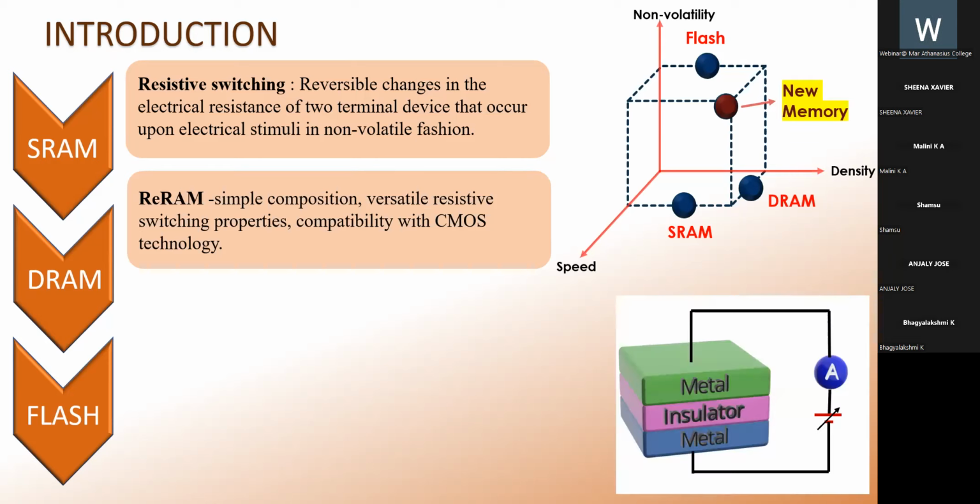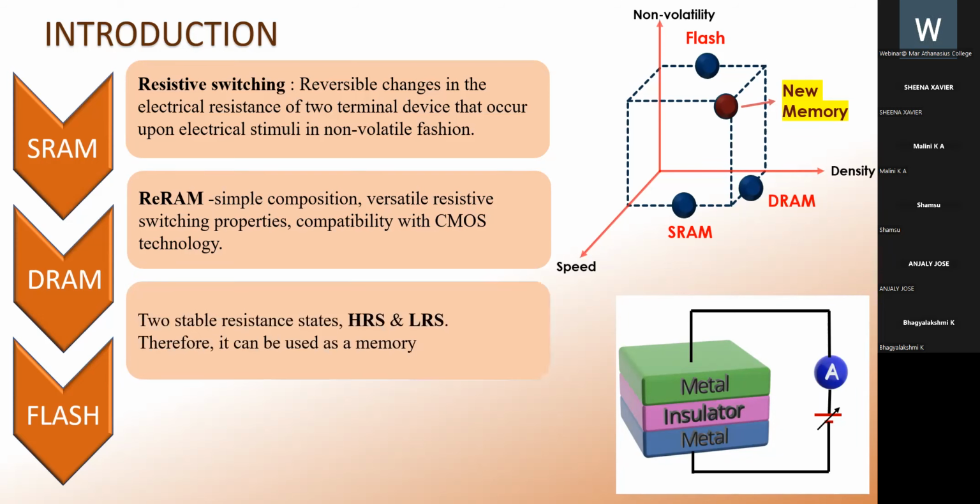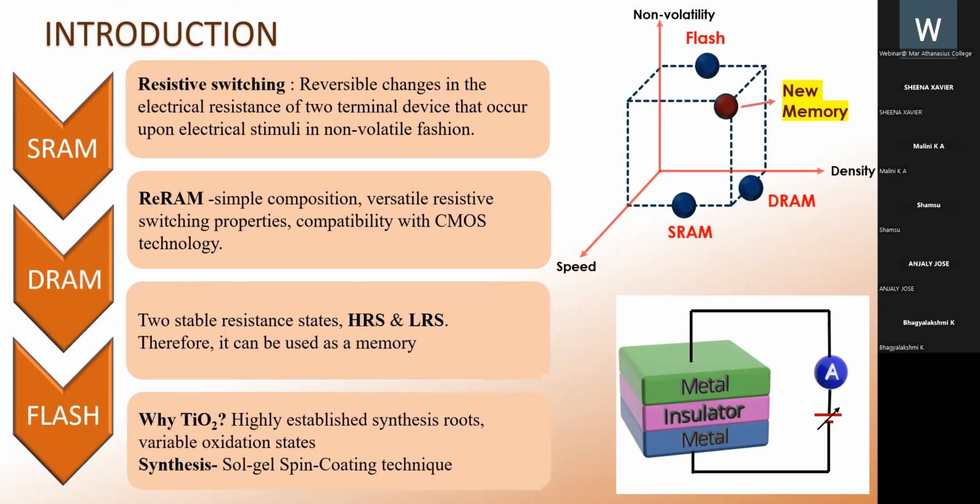A typical RRAM cell has a capacitor-like structure with a metal insulator metal structure. That means we cannot reproduce the switching properties with a metal configuration or any other configuration, so that the insulator layer can be switched reversibly between two resistance states, the high resistance state and the low resistance state. Several materials can be used for this purpose, and we have chosen TiO2 as the material because of